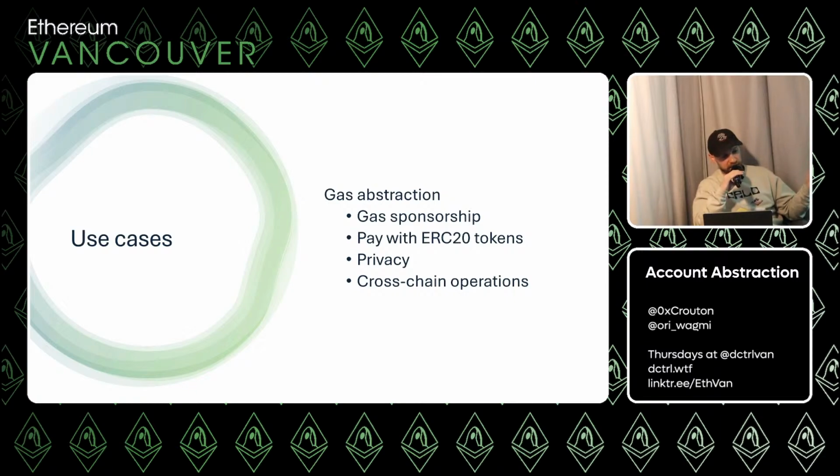You can just do things, and then some other entity pays this for you, or they can set it up such that you have to pay the gas, but you can pay in some other token. Doesn't have to be ETH. Then there's this privacy aspect where, if you don't have to have gas, it's not as easy to dox your wallet by sending gas to yourself to do things. And then cross-chain operations.